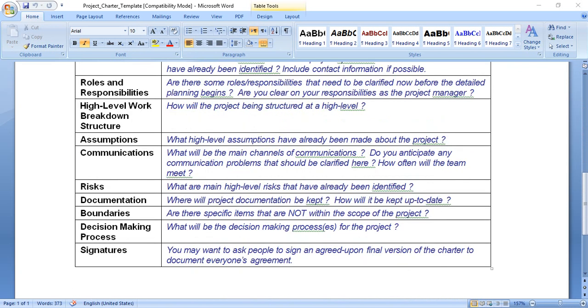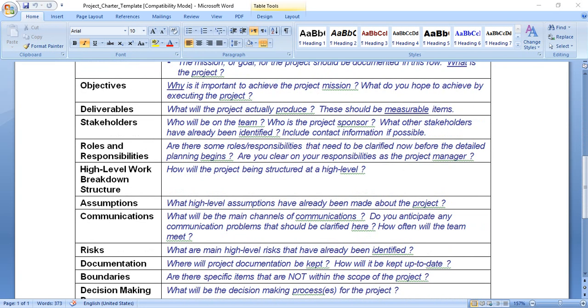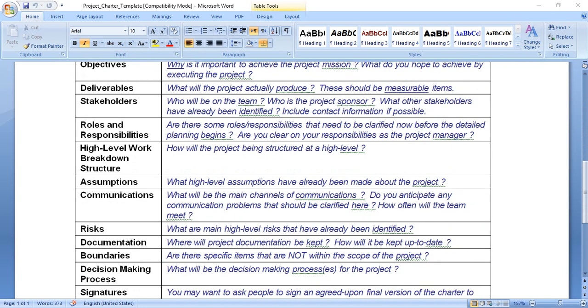Number two, estimate of implementation cost. This can come under the assumption. In preparing the estimate of implementation cost, analysis should be done to determine the cost of completing the project or the cost to the organization of not doing the project at all. If there are significant options as to the scope of the project, list all options and their relative cost, and it should be under this assumption part.